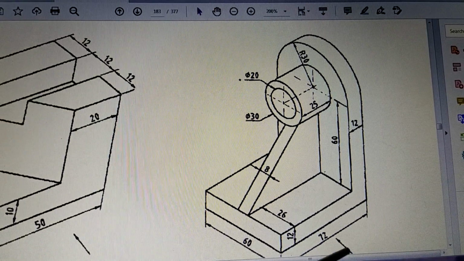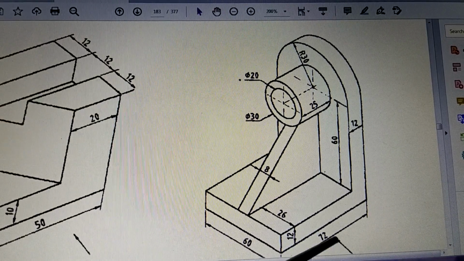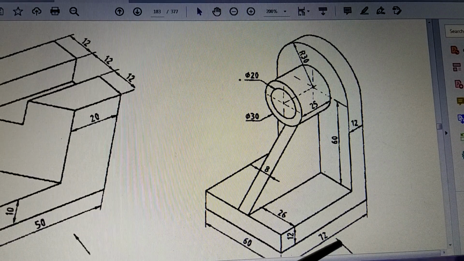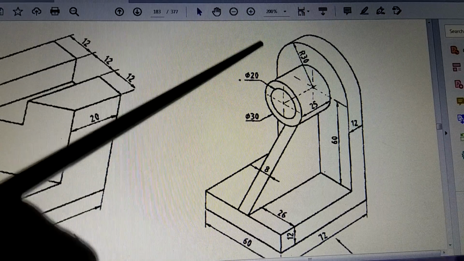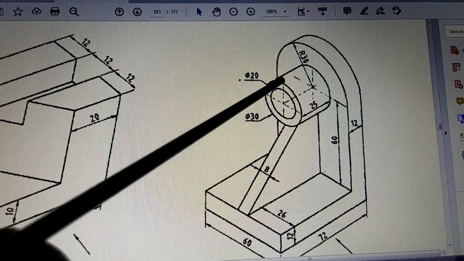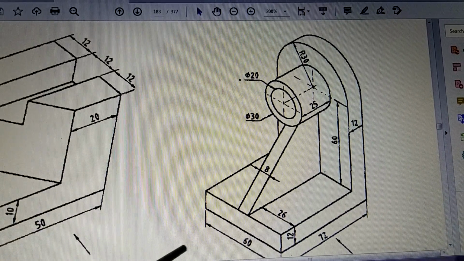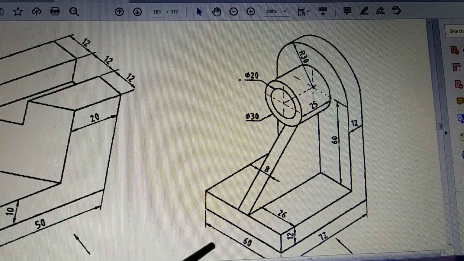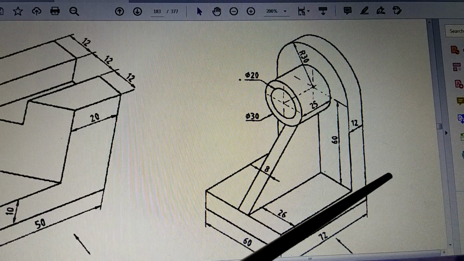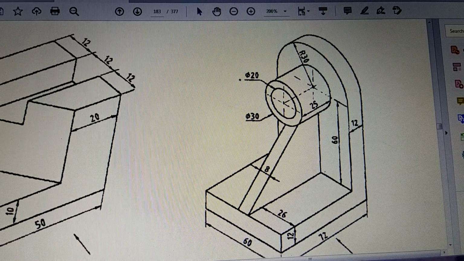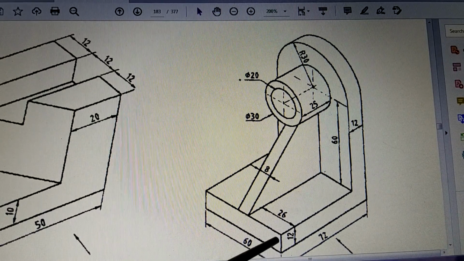So again the direction of viewing is given. This is going to be the front direction. So we have to look in this direction and draw the front view. Then from above you look below and draw the top view. And after that, come to the left side and look at the object from the left side. Whatever is seen is drawn on the right side of the front view. So let's begin with the front view. In this front view direction, what are you going to see?